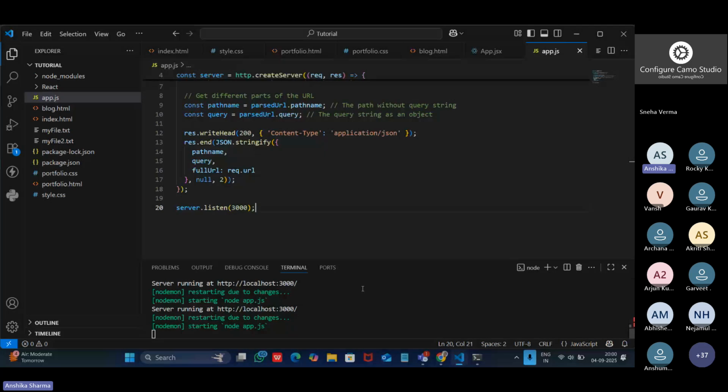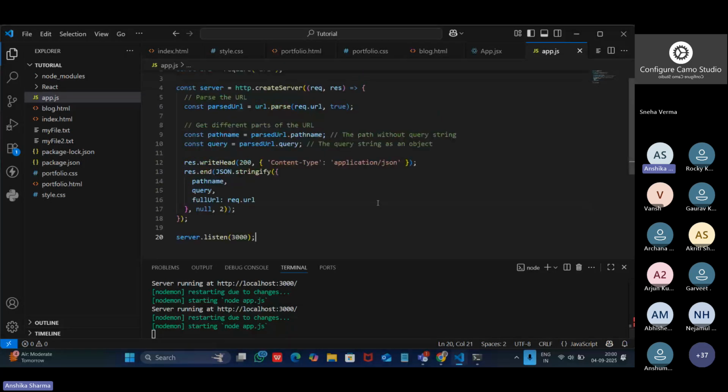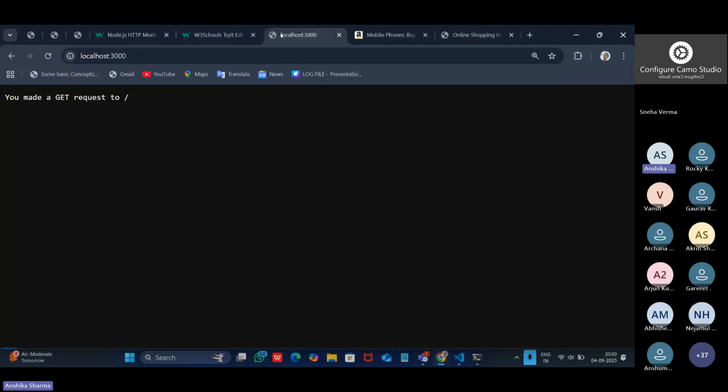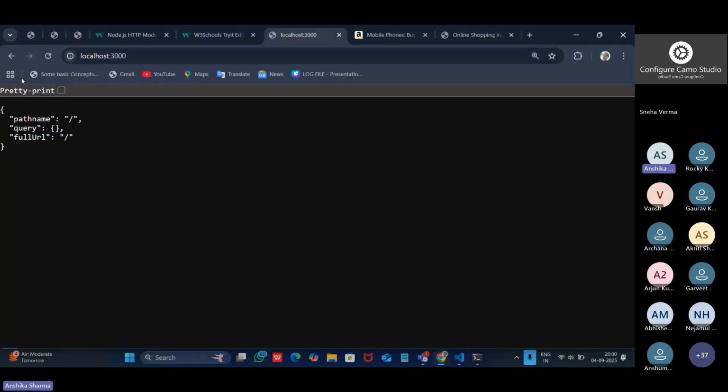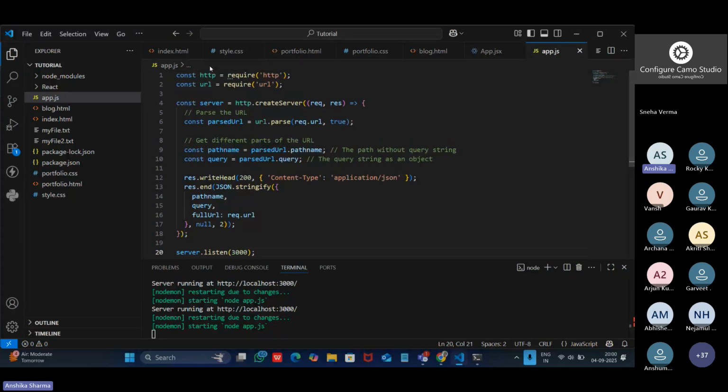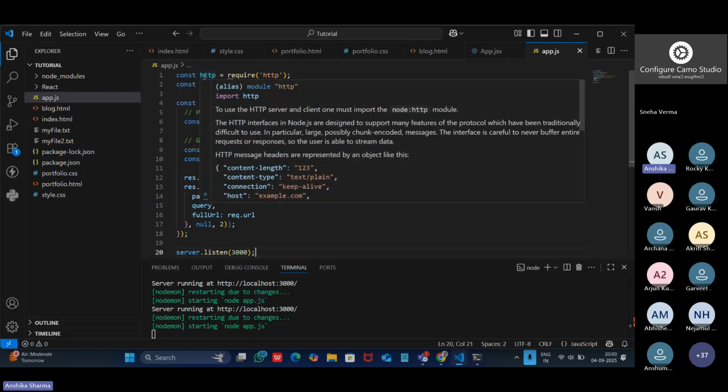Okay, so now it is showing us the JSON format. Let's see what is being printed, and we will just decode whatever it is being printed over here. Initially, they have just imported the two libraries, which are HTTP and URL. And after that, they have created the server as usual, which takes two parameters, request and the